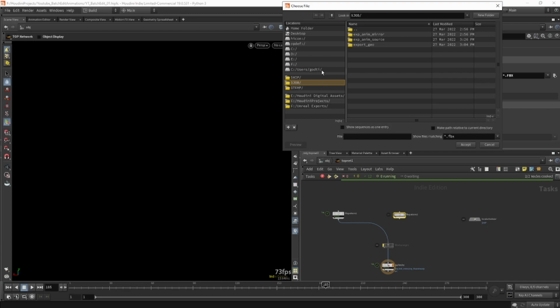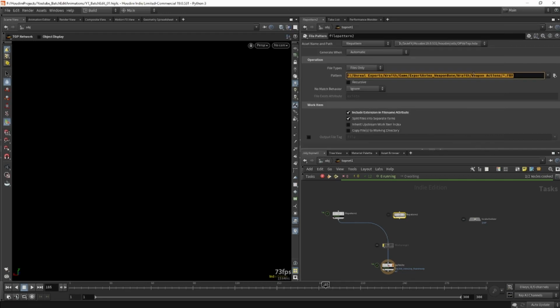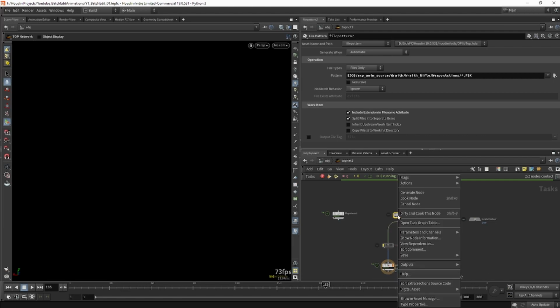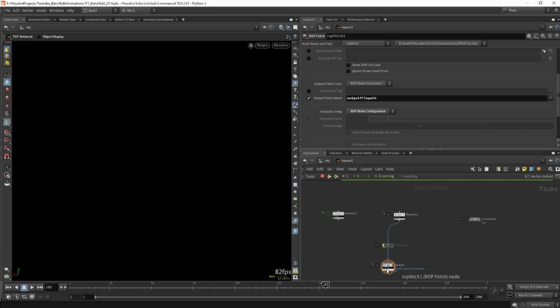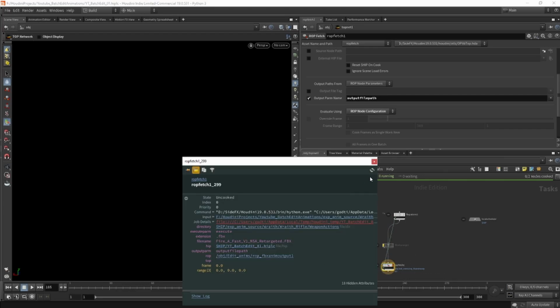I'll pass it basically the directory of where all of our animations that we just edited are. And then I just paste that in right here. So now if we plug this in to this network and generate this node and then regenerate this node, you'll see once we double click here,